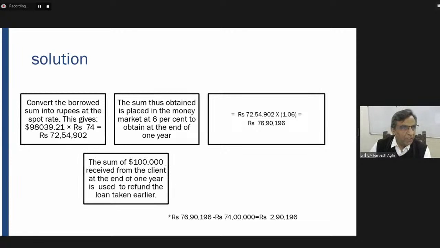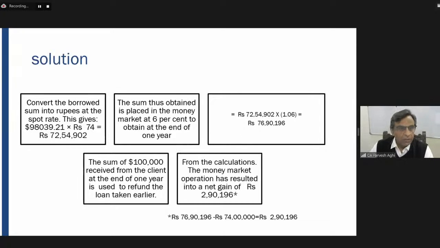So the sum of 1 lakh received from the client at the end of the year is used to refund the loan taken earlier. Whatever loan he has taken has now become $1 lakh, so he's going to pay off this loan through the money he receives from the client. From the calculation, this money market operation has resulted in a net gain of